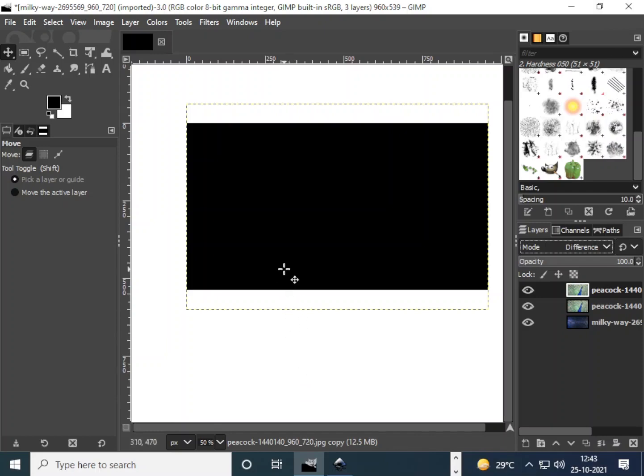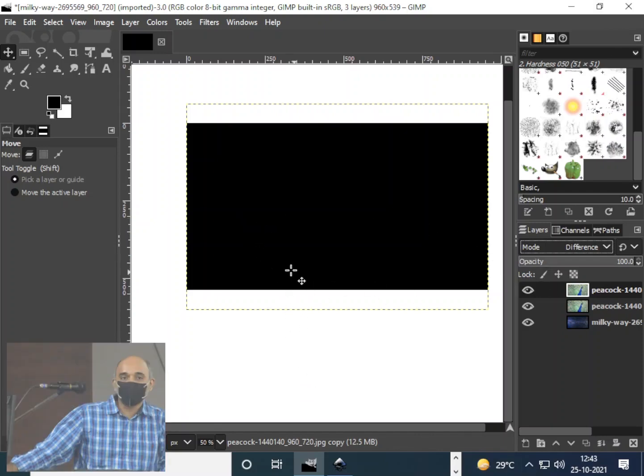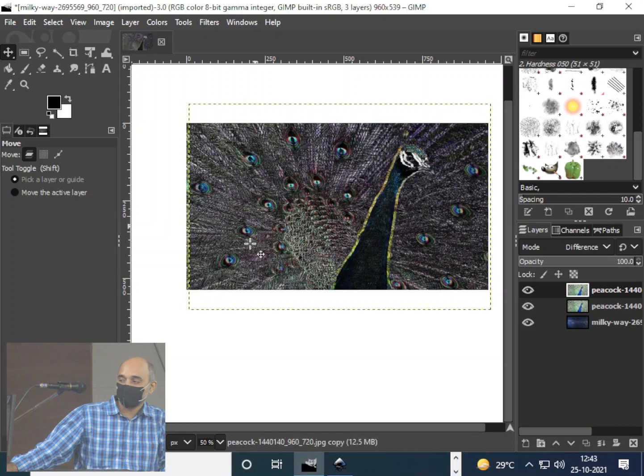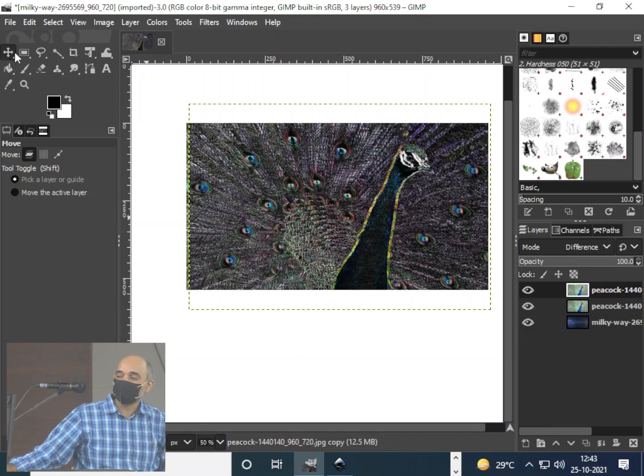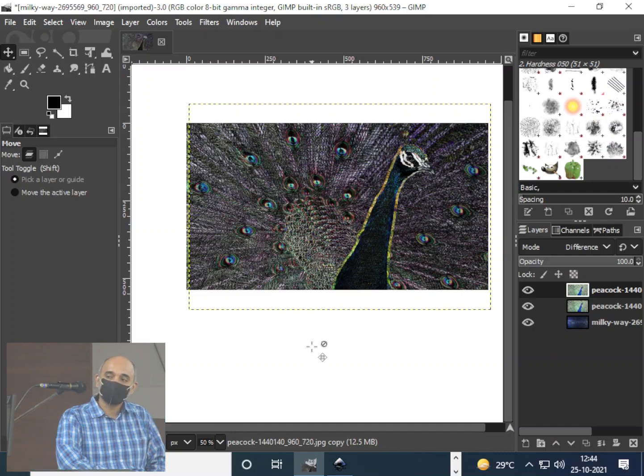Okay. If you want to see this thing, what you can do is click on the top layer and just move it. See what you get. Move the top layer slightly. Select the move tool, that's the first tool here where you see the arrows in two directions, and move the top layer. Something gets visible, right? Because the value of A and B has changed. If you take them as two variables, on the top layer it's A and down B, then since the value has changed, now it's no more 0. Okay, that's why you are getting something there.